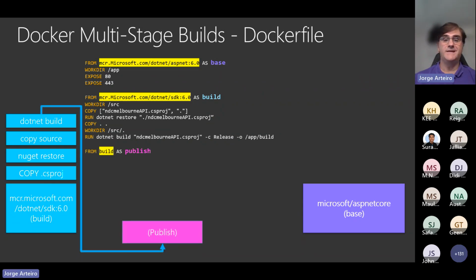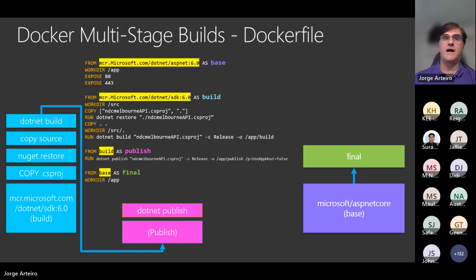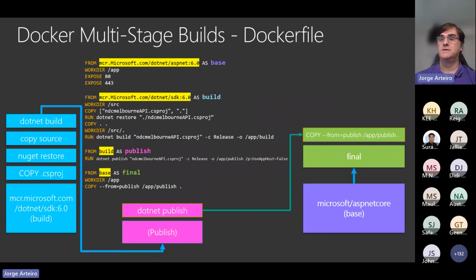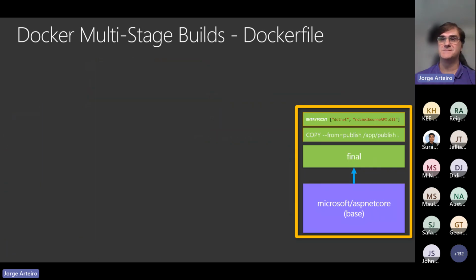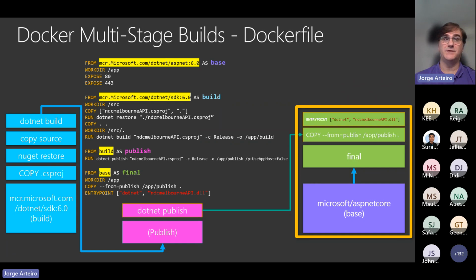Once we have this, we need another layer to publish, another FROM. Now we're going to copy from build, the previous step, and we're going to publish this. We're going to run dotnet publish. And the final FROM, I'm going to copy from the base. That will be my runtime image. Everything before this, all the build and publish, is going to disappear. I'm just copying from the publish and setting an entry point, the DLL that I need to run. And that's my final image. And everything else disappears. That's your final Docker image, the Dockerfile.